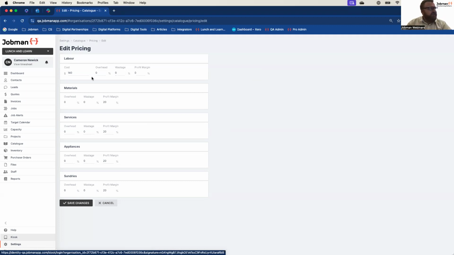For labor operations, obviously you're looking at a default charge out rate. For your materials and services, you probably have overhead, wastage, and profit built into your business. So that you've got a nice clear understanding of these, overhead and wastage are linear markups. What I mean by that is if I enter 10% in my overhead here and 10% in my wastage, and that material, as an example, costs $10, and then I apply the overhead and wastage, it will cost me $10 plus 10% for overhead, so $11, plus 10% for wastage, $12 on each. So that's how these two fields work. Overhead and wastage are just linear markups.